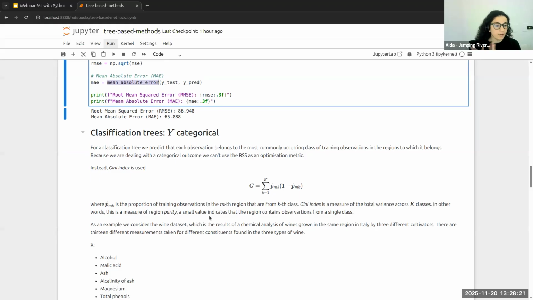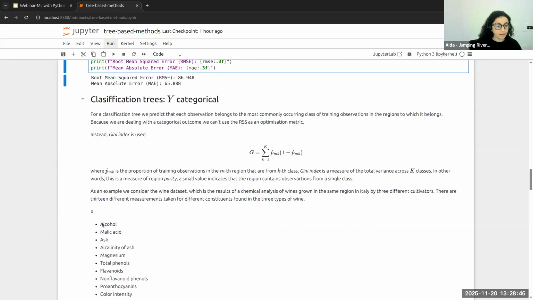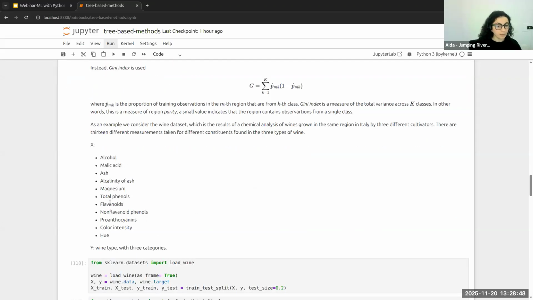And so, yeah, we are going to illustrate this method with a data set which is contained again in the scikit-learn package. It's a collection of data from some chemical analysis of wines, which are grown in some region in Italy, but there are 3 types of wines. So my predictor space is just some metrics about the analysis of these wines.